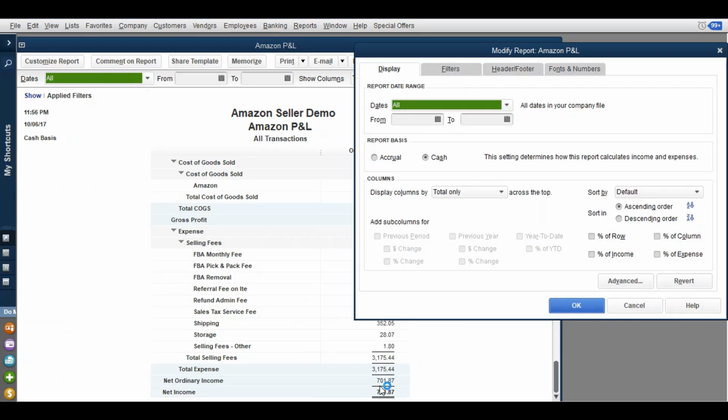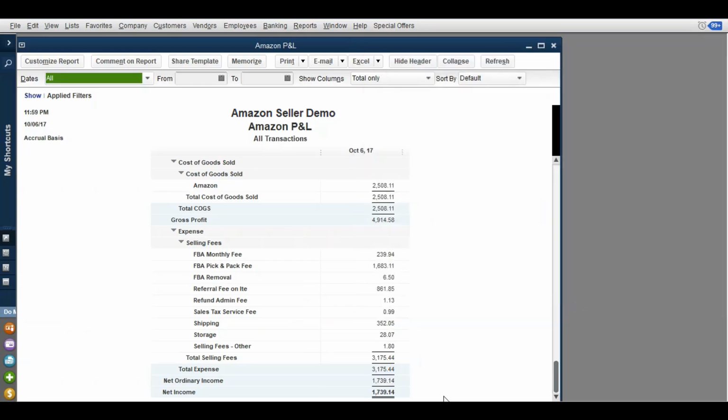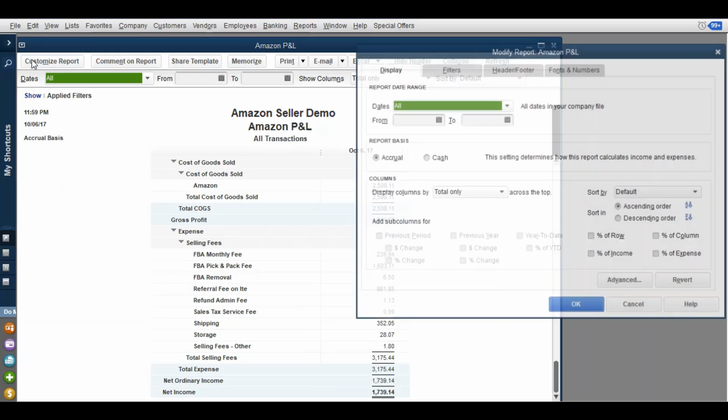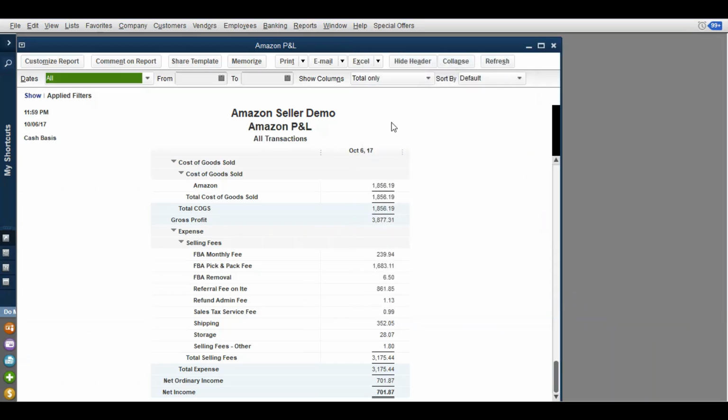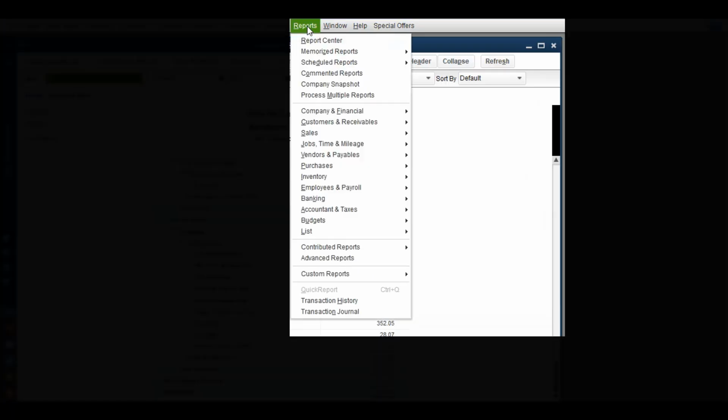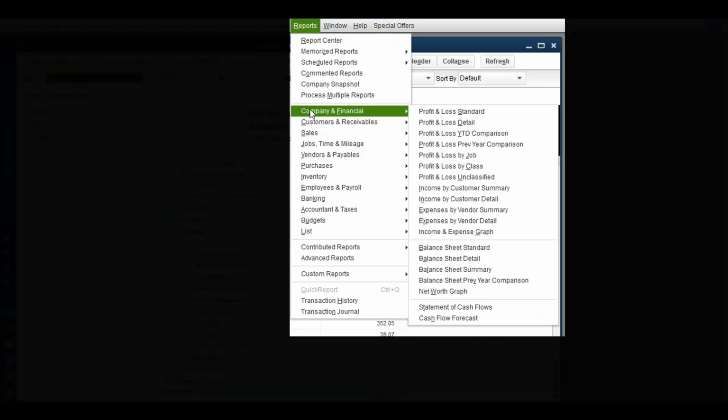And if you notice this amount here, when I change it to accrual, it dramatically changes the amount. So it can go up or down depending on how your cash flow is. So that's one thing I wanted to show you. And then I wanted to show you how to actually do the